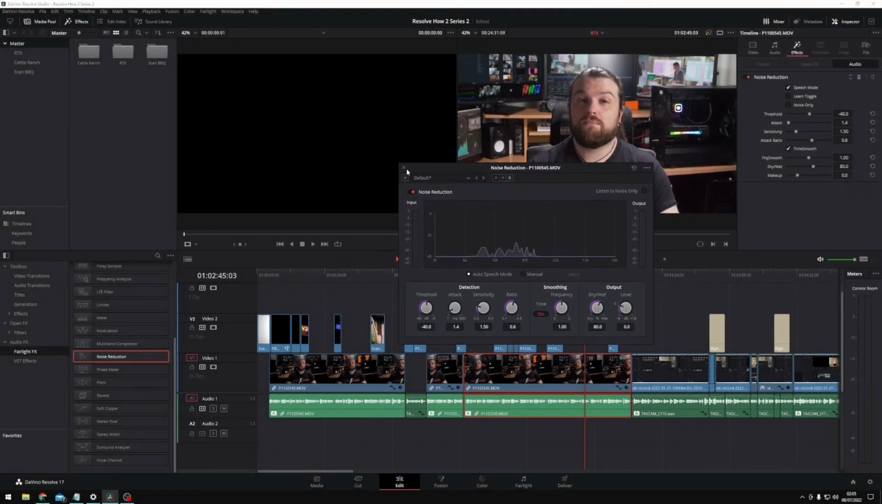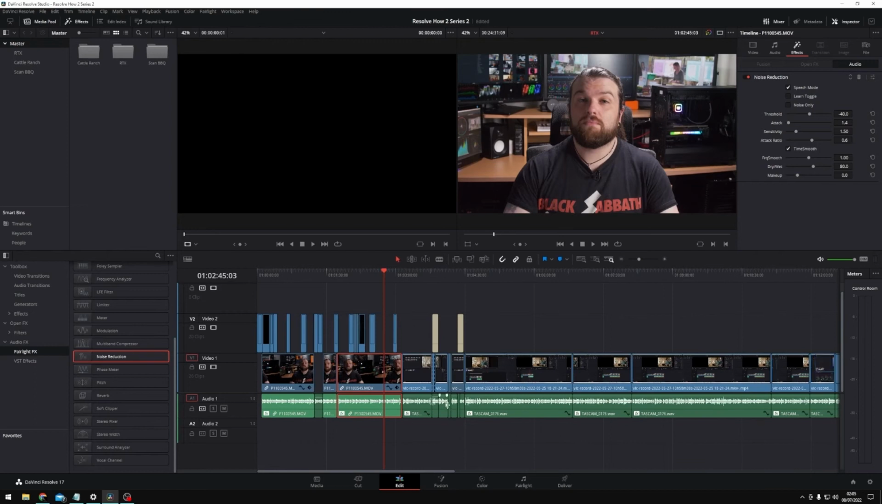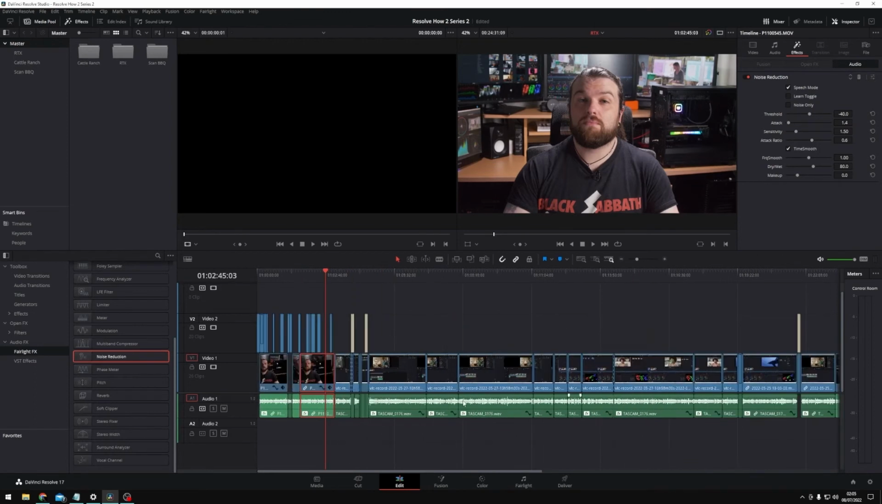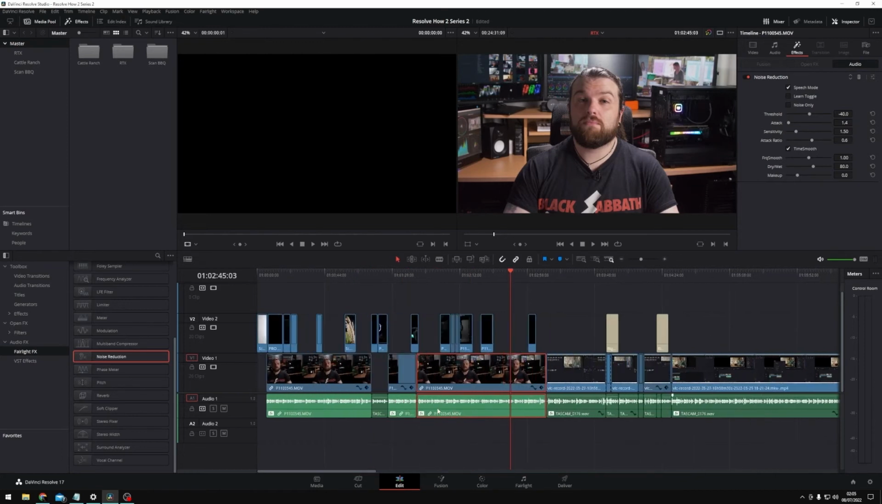Now, this is great if I want to affect just one clip, but you can see here that I've got a lot of audio clips in my timeline. In this case, I've applied noise reduction to a lot of them, but that's quite a long way of working. If I delete this clip by using the small trash can in the inspector, and I go back to